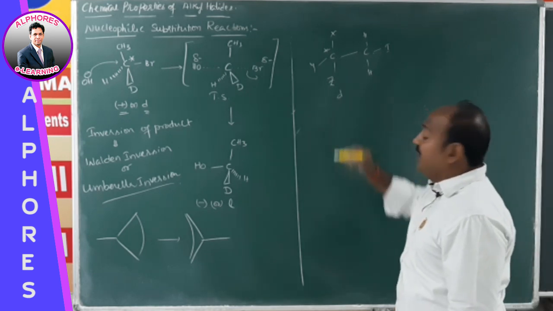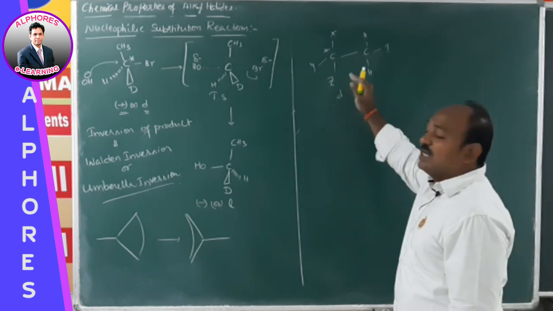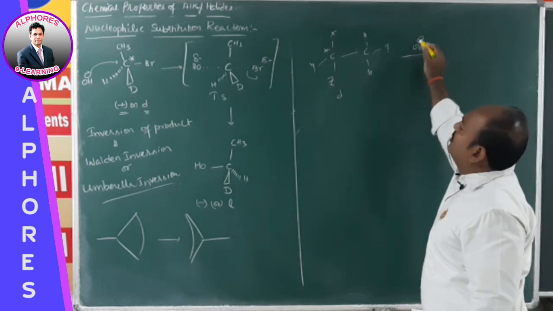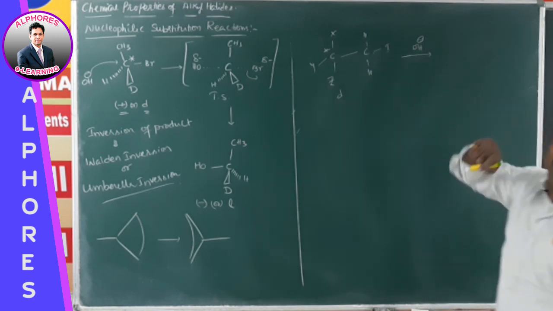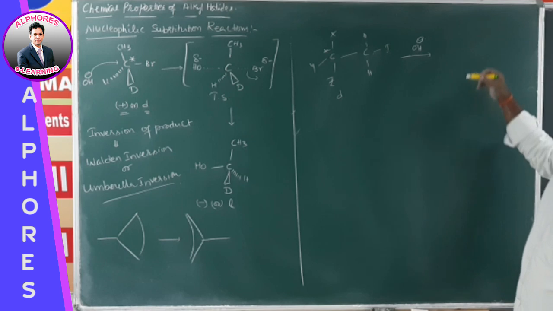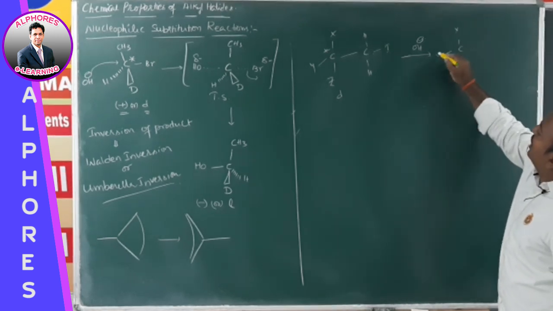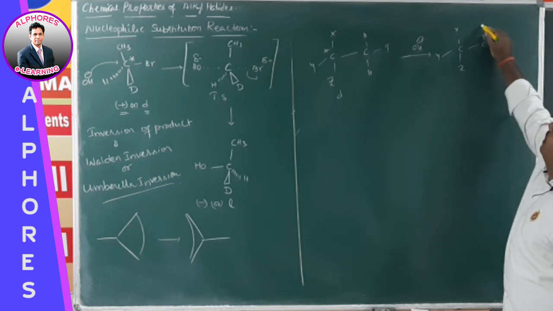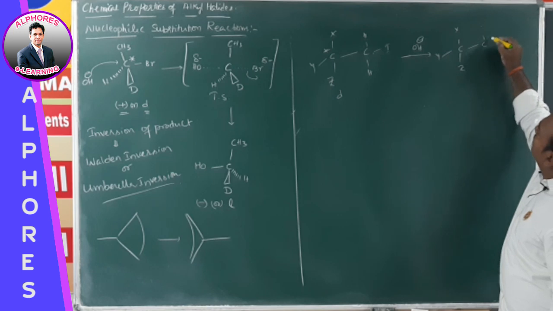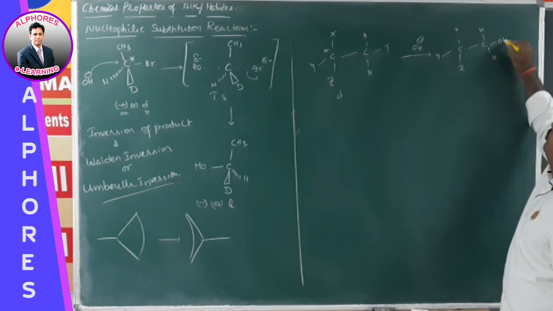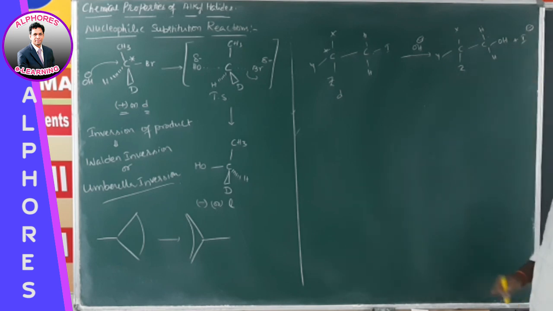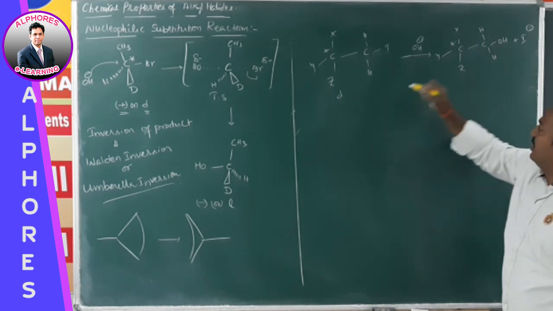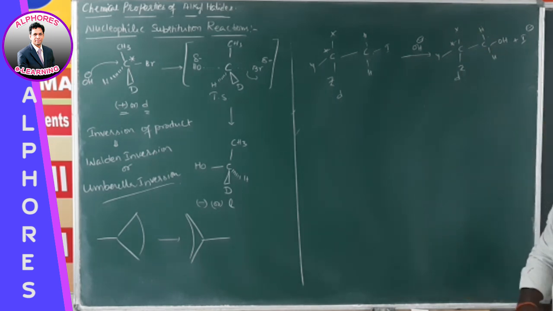For example, if it is a D isomer, or an R isomer, whatever it may be, upon treatment with OH minus, substitution takes place here because I minus is a good leaving group. What product are we going to get here? X, Y and Z, all these 3 groups remain as such, there is no change here, and 2 hydrogens here, H and OH plus I minus. So can you notice any change here? This chiral carbon remains as such. Earlier it was D, right now also it is D. There is no change.